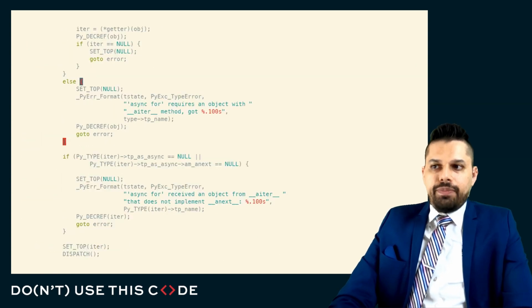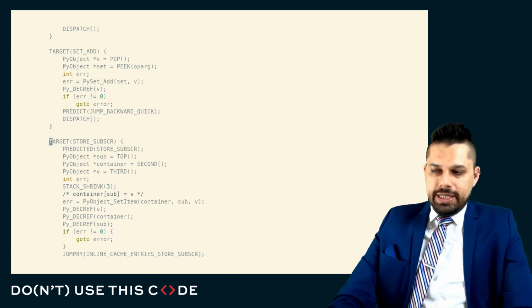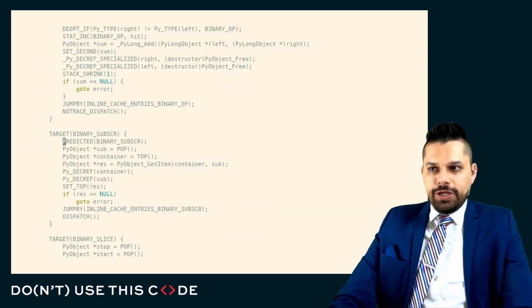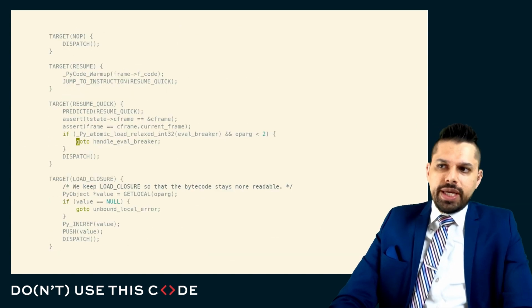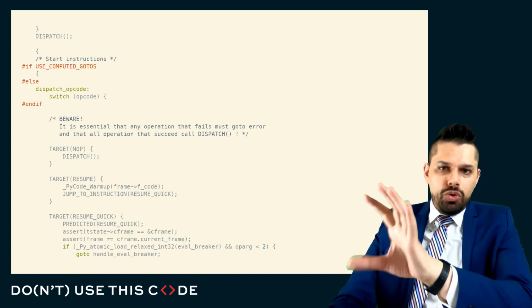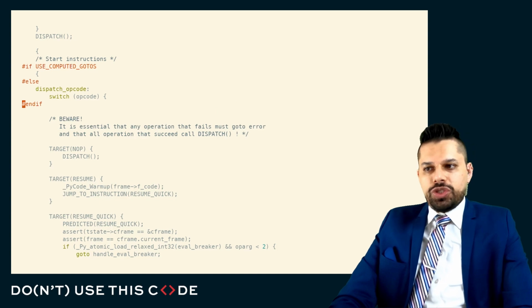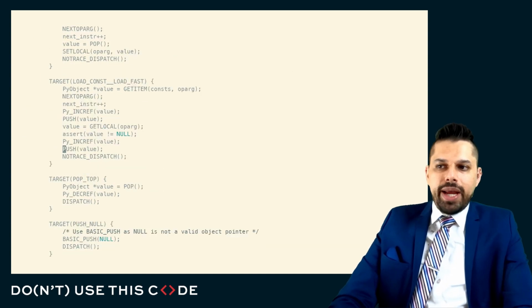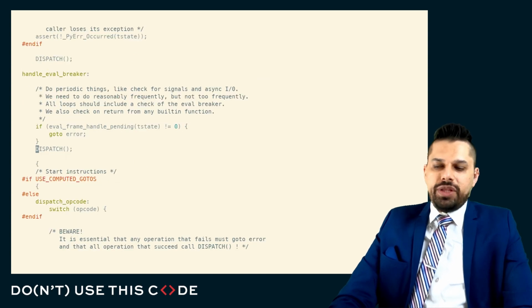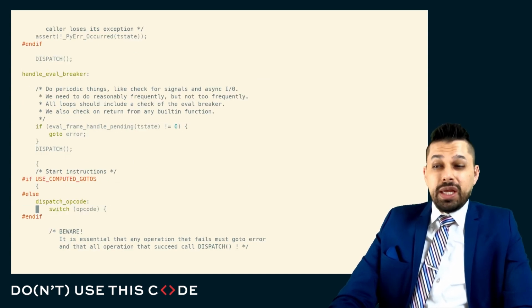When we're evaluating the bytecode in Python, what happens is we have a gigantic for loop, or what historically has been implemented as a gigantic for loop, that just says, what's the next instruction? Go and switch to that next instruction. And you can see we're switching to the different opcodes. You can see all the different opcodes. You can see load fast, load constant, binary multiply, unary positive, whatever the case may be. And we're switching between these.